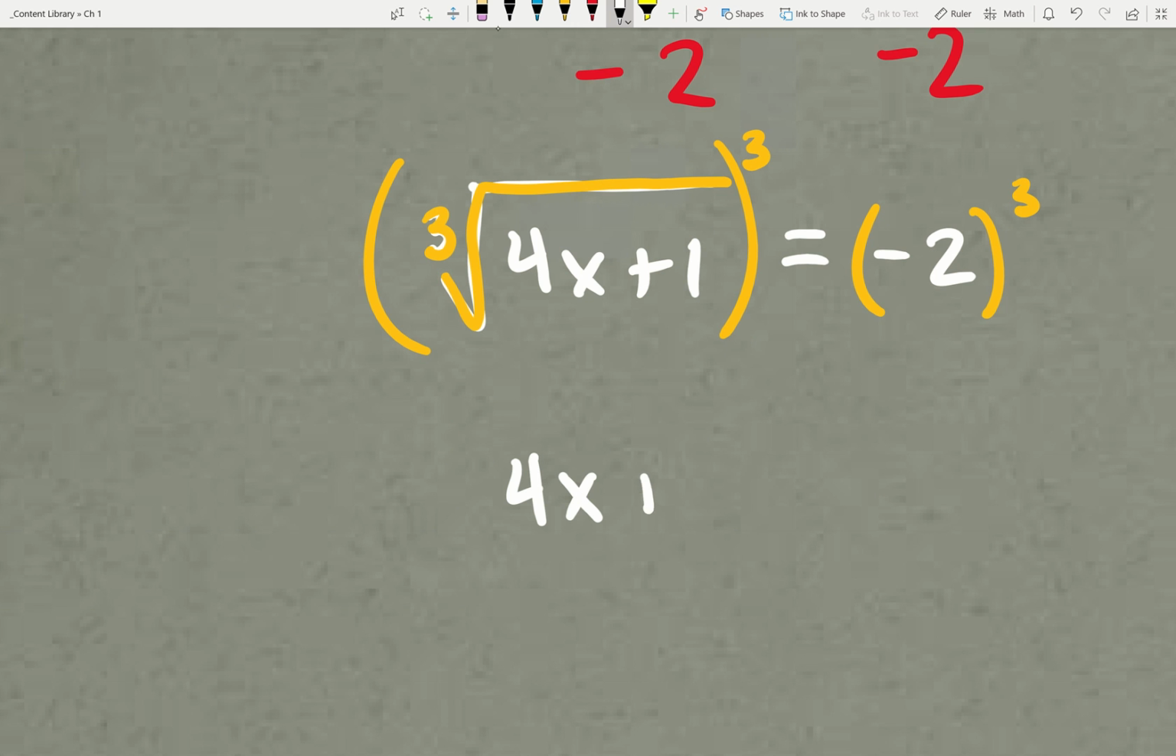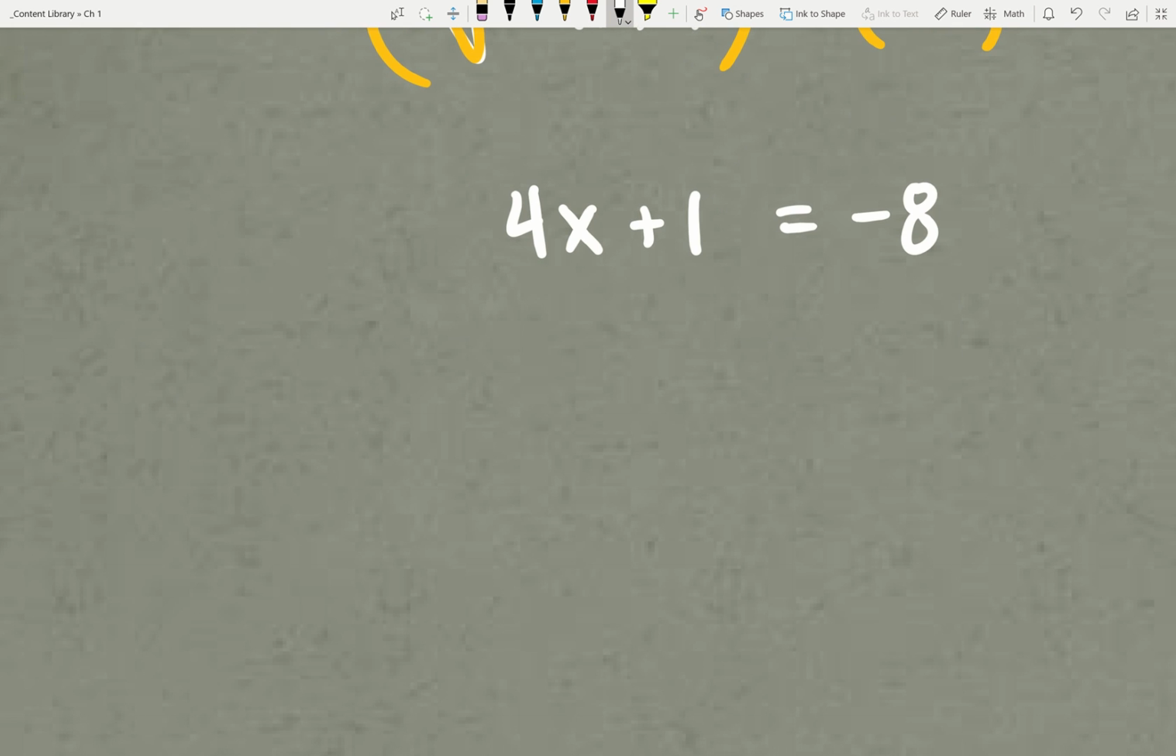On the left-hand side, we're just going to be simply left with 4x plus 1. And then on the right-hand side, that's -2 to the power of 3. That will work out to be -8. And then, again, you are just left with a simple 2-step equation here. I'm not going to show the rest of the steps for solving that. But I will let you know that we end up getting a fraction for an answer here. So that answer is going to be